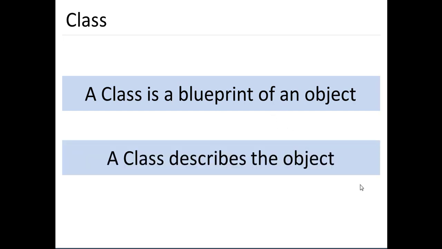Also, it will describe how the object will look. It will describe the object, and how the object will be created will be described over here. So in one sense we can call a class nothing but a collection of similar types of objects. When we collect all the similar types of objects, we can call them a class, isn't it? And a class, if we look at it in a different way, is nothing but a mechanism which puts out how the object will look, how the object will be created, and how it will be constructed.